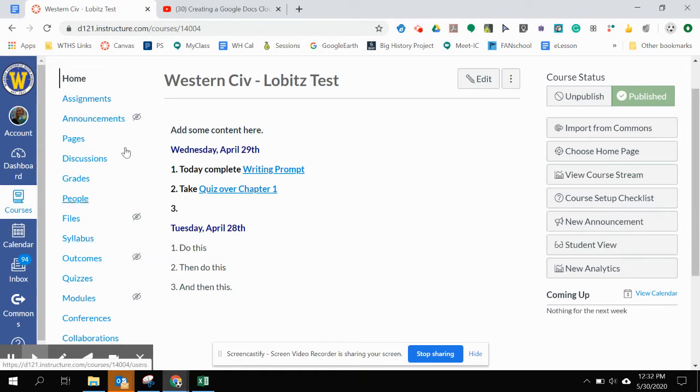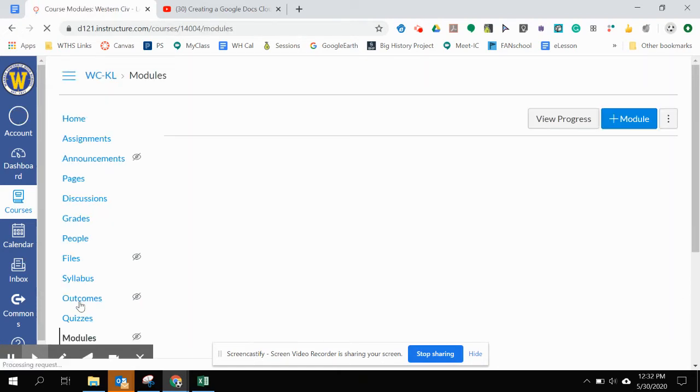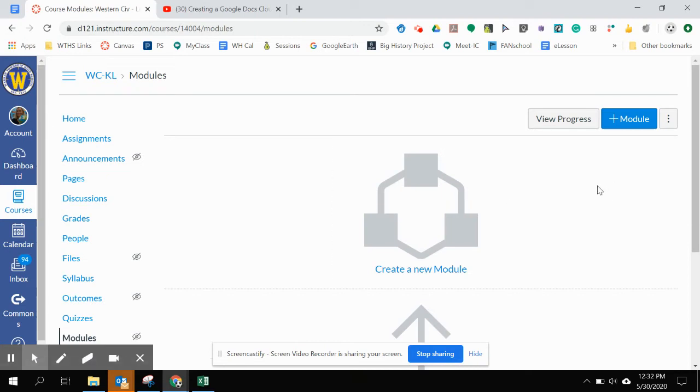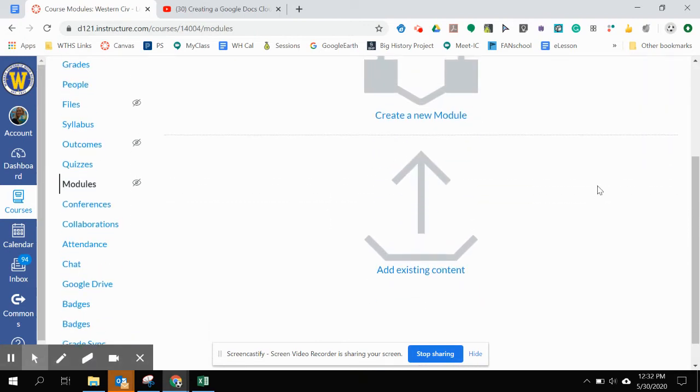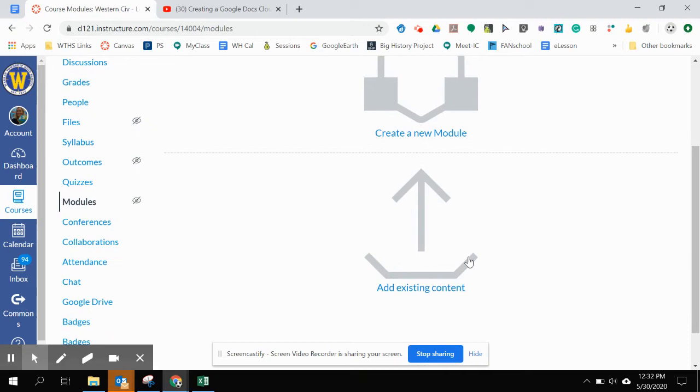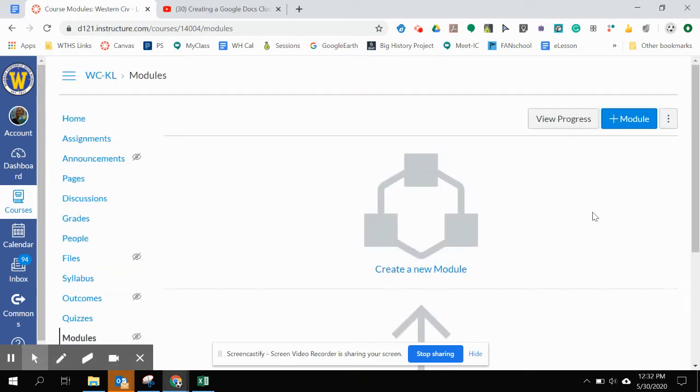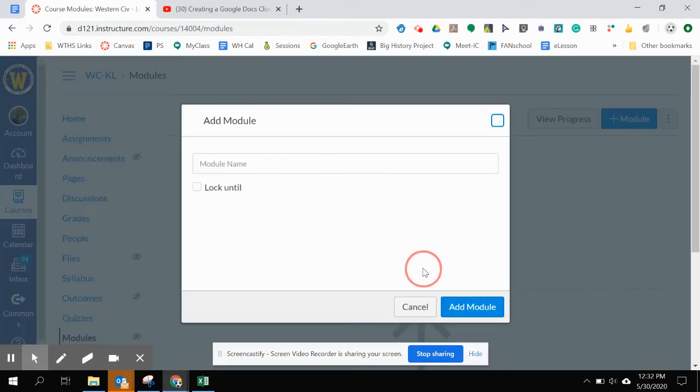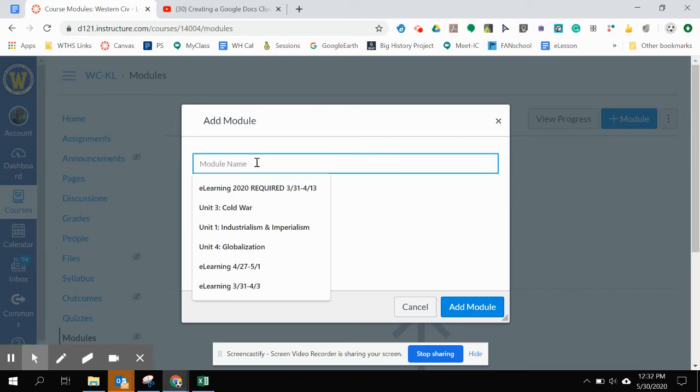So you start out on your Canvas page, whatever it looks like to begin with. It can be helpful to have your assignments created in advance, but you don't have to. And I've done a little bit of both in my summer school class. If you click on modules, that'll take you to the modules window, which will start out looking like this. There's really nothing there at all. And you can add existing content, which you'll pull from another course, or you can create a new module. So for this one, I'm just going to call it day one